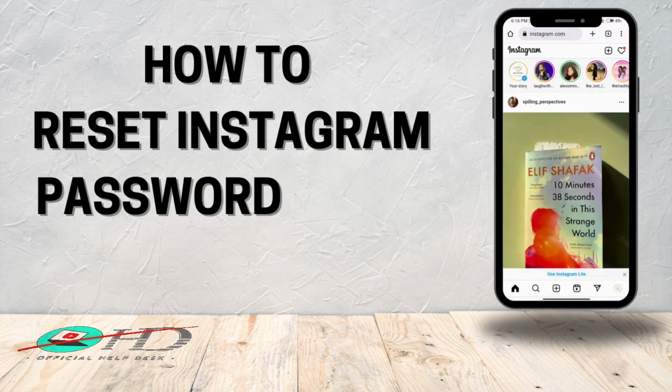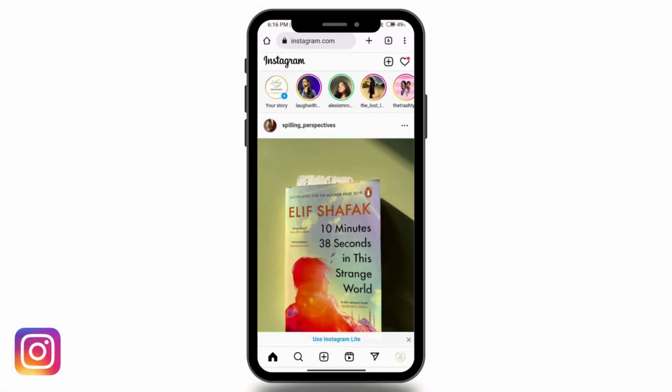How to reset Instagram password if you forgot. So if you are already logged into your Instagram account and you want to change your password but you forgot,